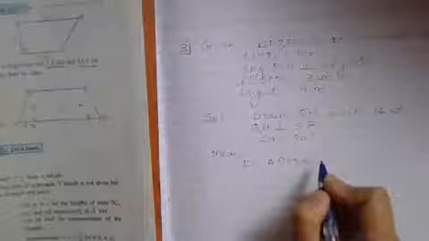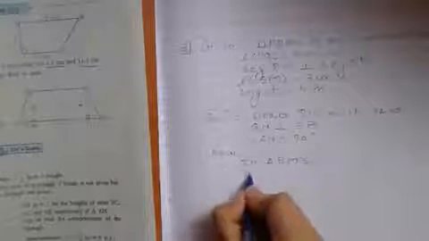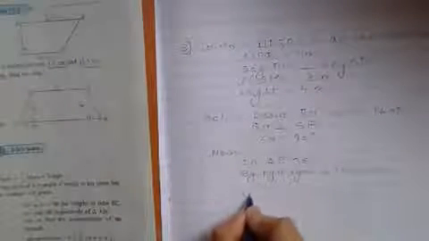Now we will write, in triangle PMS, by Pythagoras theorem. We will solve by Pythagoras theorem. Why? Because this angle M is 90 degrees, right? So by Pythagoras theorem, we will now find the side PS. PS the whole square is equal to PM the whole square plus SM the whole square. Now we can put what is given to us. PM is 4 centimeter, plus SM square, that is 3 square.